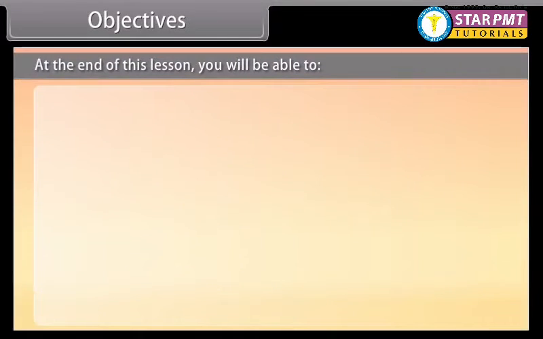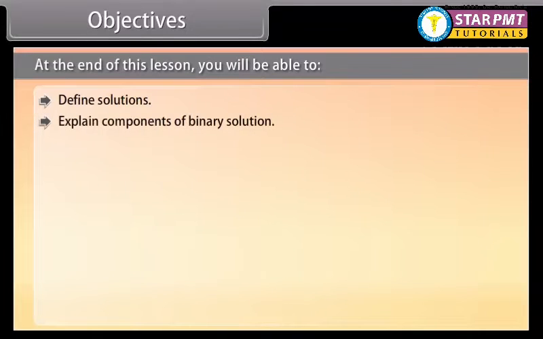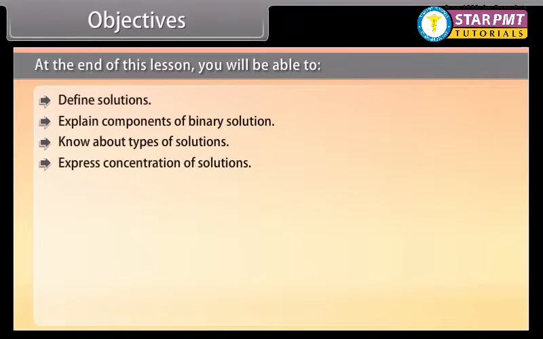Objectives. At the end of this lesson, you will be able to define solutions, explain components of binary solution, know about types of solutions, express concentration of solutions, calculate normality, molarity and molality,